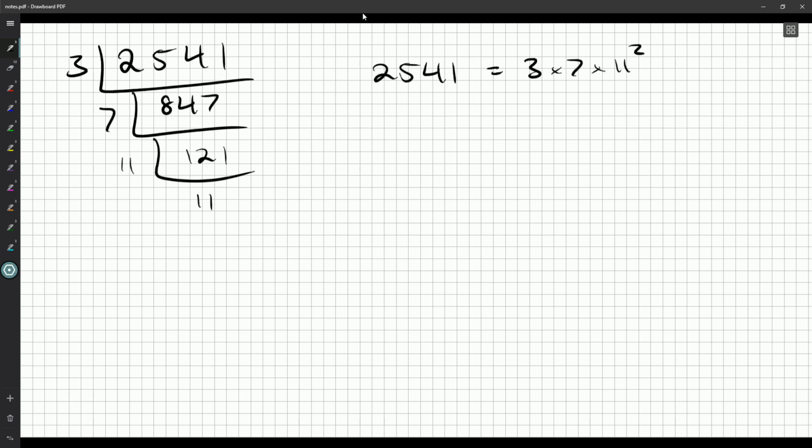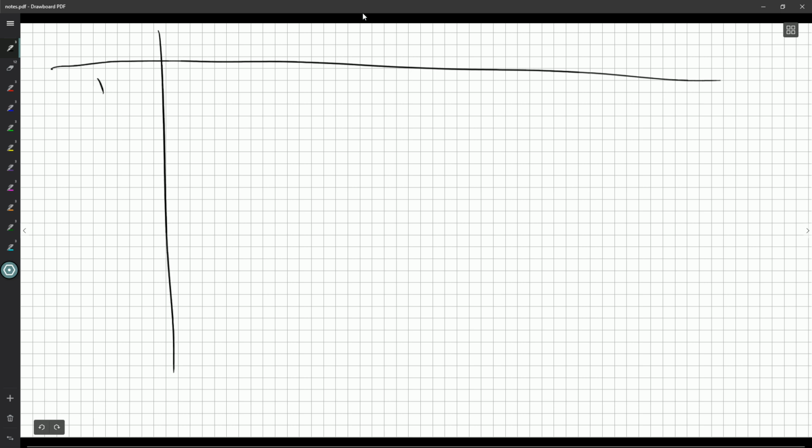Okay, so that's good. There's only going to be 3 times 2, so 12 factors, which means 6 pairs to work with. Let's say we could have 1 and 2541. We could have 3 and 847. We could have 7. I can also have 11. So 7 and